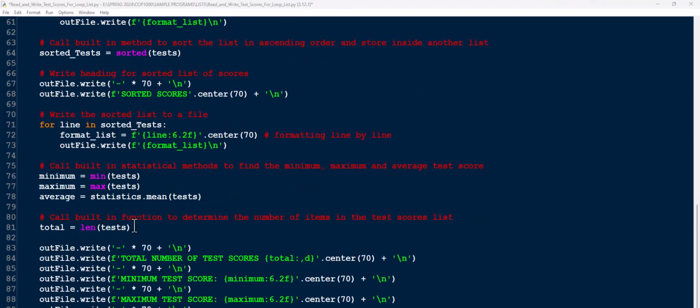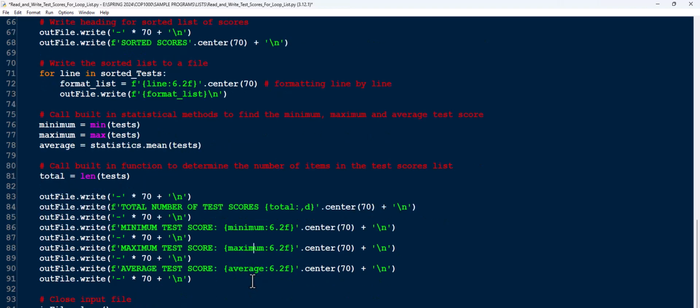Next, we're going to call a built-in function to determine the number of items in the test scores. So we're going to use a built-in function called len. And it's going to count the number of elements in that list and store it as a variable. It's easier to manipulate a variable, and that's the reason why we're doing so at lines 76, 77, 78, 81, and actually at line 64. So now we're going to display the total number of test scores, the minimum test score, maximum test score, the average,